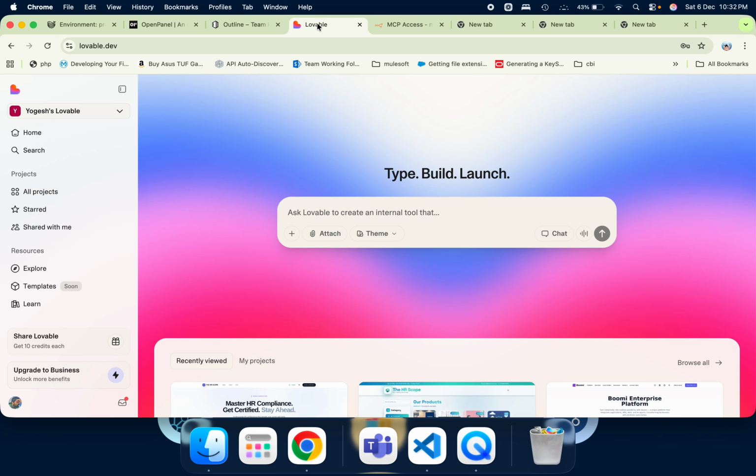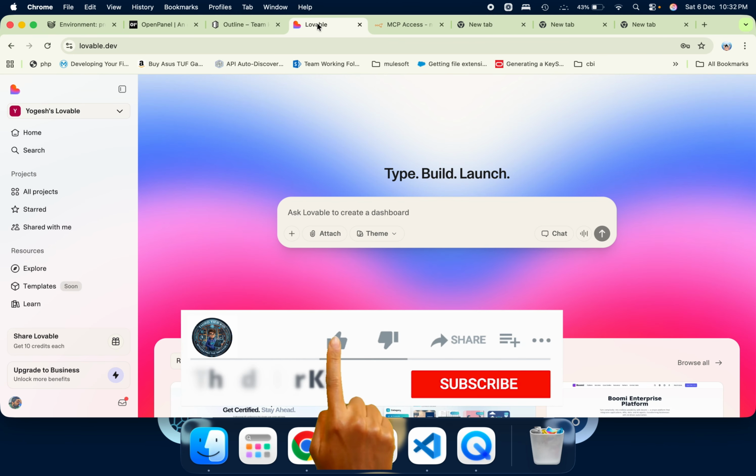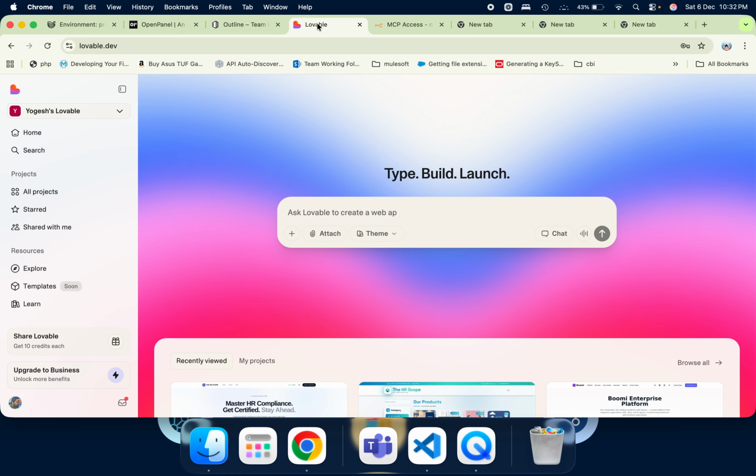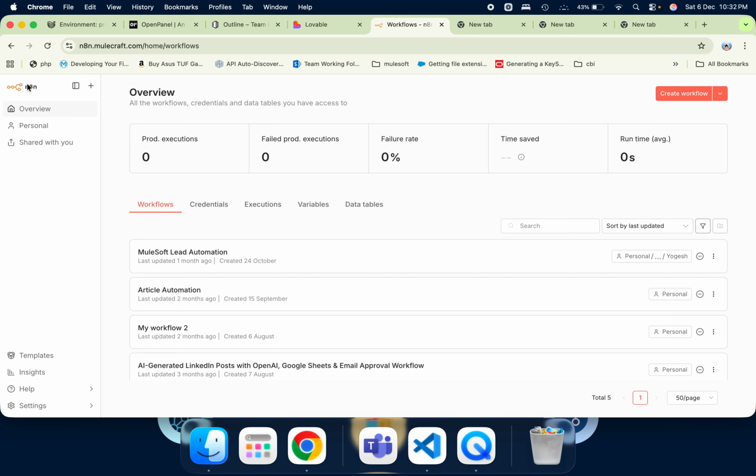Hey, hi team. Today we're going to connect Lovable with n8n to automate your, technically to consume your n8n workflows directly in Lovable, right? So first we're going to see how we can connect it. So this is our existing n8n